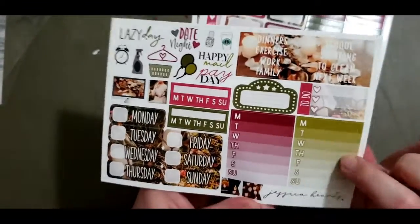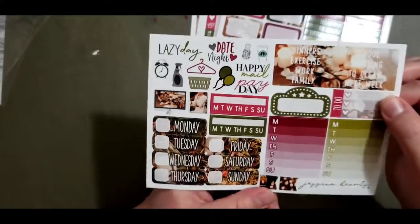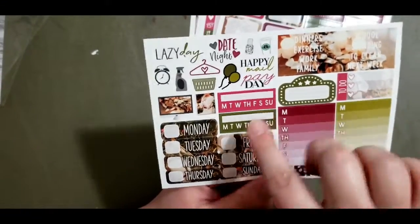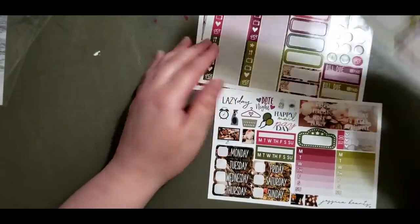And then finally we have some weekly trackers, some other headers that would work for the weekly trackers, a to-do list, check blocks, the date covers, some more flags, some habit trackers, and some functional deco. And really, I really love the way this kit is done,